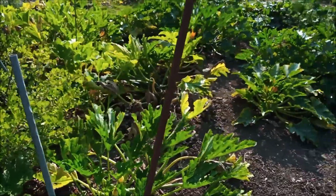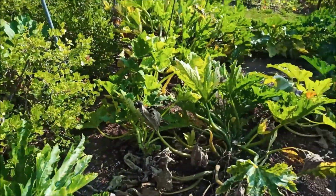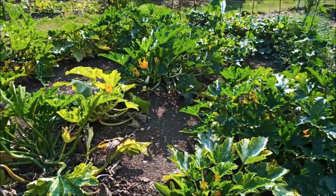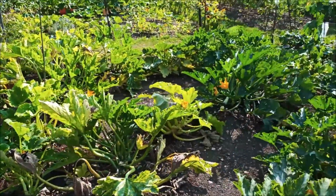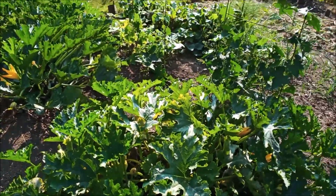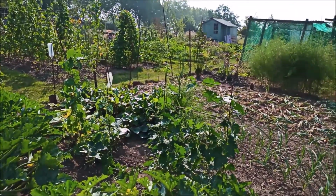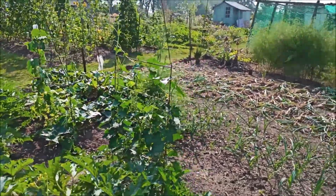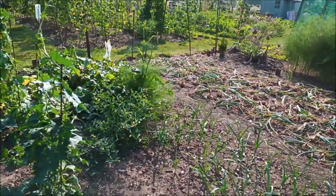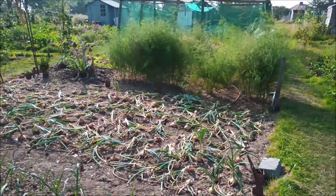This next site has got some soft fruit at the end, some gooseberries and some rhubarb, followed by some courgettes. These, as you can see, are more manageable sizes. These are different varieties here. There's some white ones, some normal green type ones, and some yellow ones. And next to here, he's got some cucumbers growing up some frames. And a bit further on, he's got a couple of rows of beetroot, some leeks, and a whole bed of